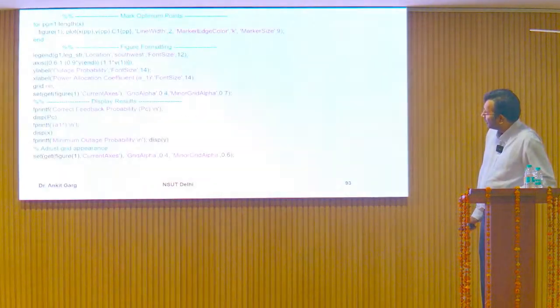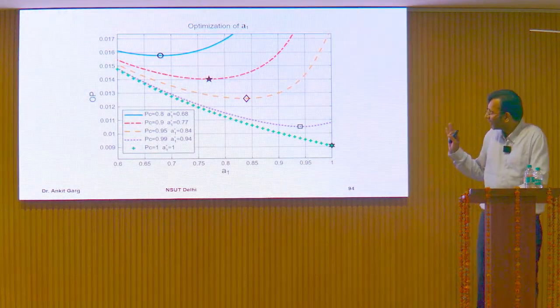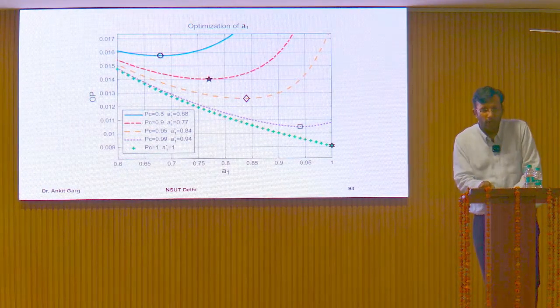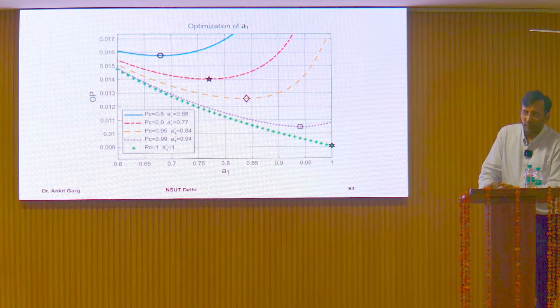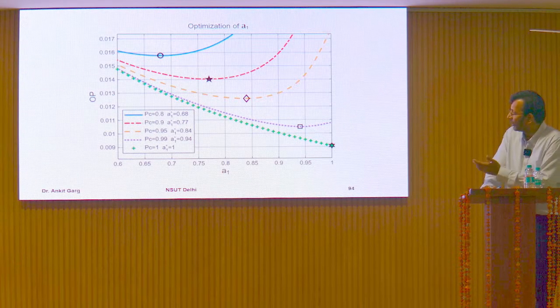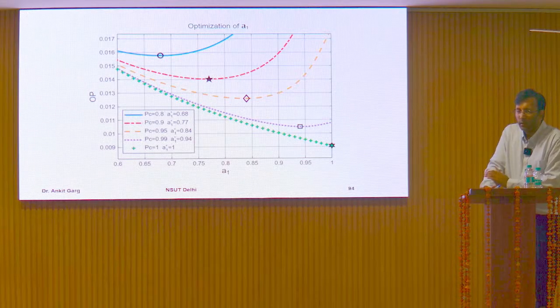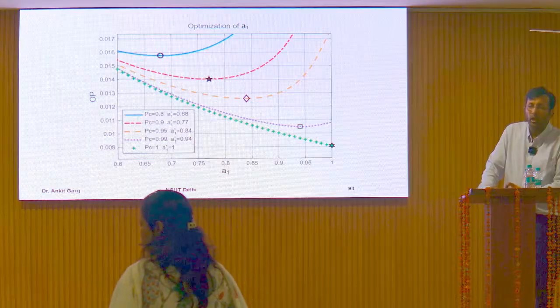Then first I need to show you this graph, and then I will explain the code, right? At the last minute, I decided to include this in the MATLAB exercise because it's quite important how to find the optimum value of A, right? I have chosen outage probability performance here. What do you think? Outage probability